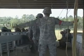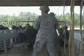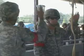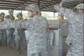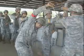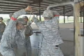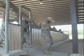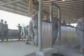Well, the idea is that the movements that the jump masters do are so intricate and so detailed and so fine that they have to be done in a very precise way. And what the motion capture allows you to do is to get rid of all the clutter that you might find in any other media format. Just focus on the trooper, the scene, the model that you've made. You can control the entire environment,